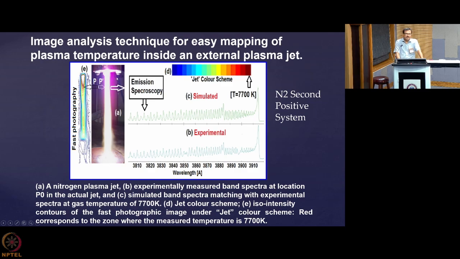But if you image this using a CCD camera, then the camera records the intensity from different zones, and calibration facilities are there in many of the imaging instruments. There you can use color codes, so that you come to know that if this is the color band that you are using, this temperature is the highest temperature and this is the lowest temperature, and whatever intensity you have got throughout the jet, you are now presenting that as per the intensity, as per the color code.